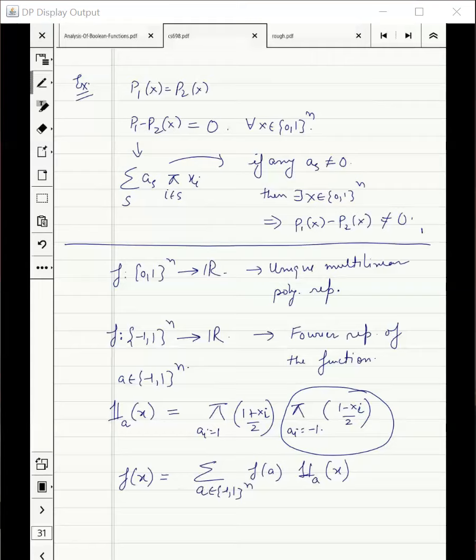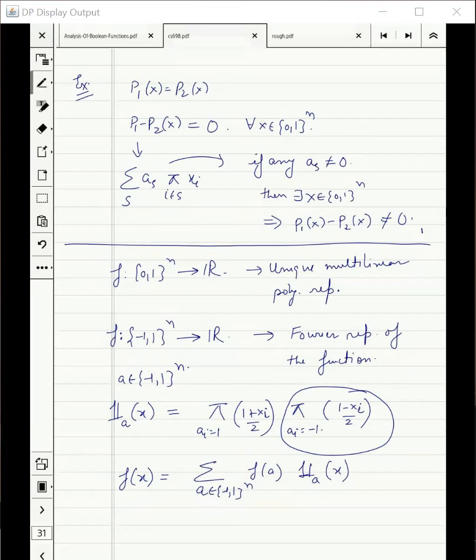Okay, yeah. Don't get confused between domain and range. My domain is {-1, 1} to the power n. My range is real. In the indicator case, function value will be 1 when input is a and 0 everywhere else. That's what I want. Right? Okay, yeah. You can convert into minus 1 comma 1. That's easy, right? You have got a value of 0 comma 1. How to convert into minus 1 comma 1? You have these 2x minus 1 or 1 minus 2x or whatever you can.